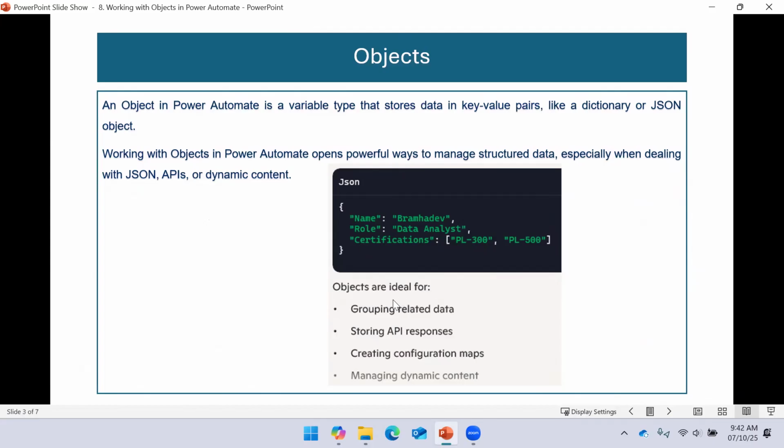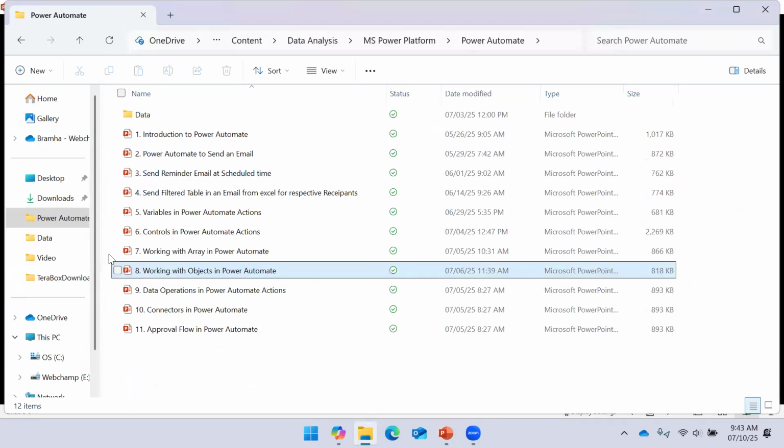So objects are used for grouping related data, like person information, user information, employee information can be stored in a single object. But we can have more than one employee in a company, right? So how are the objects working? Okay, so what I will do is, let me